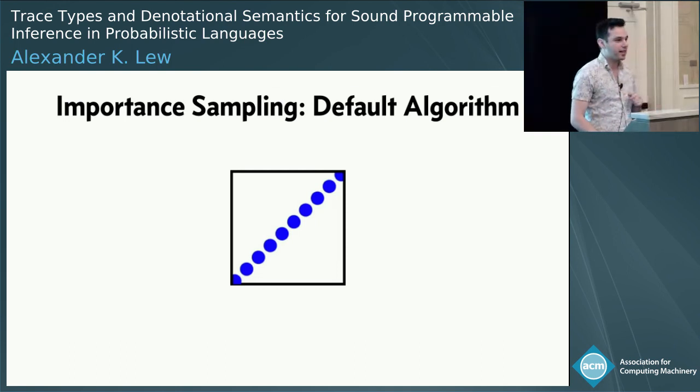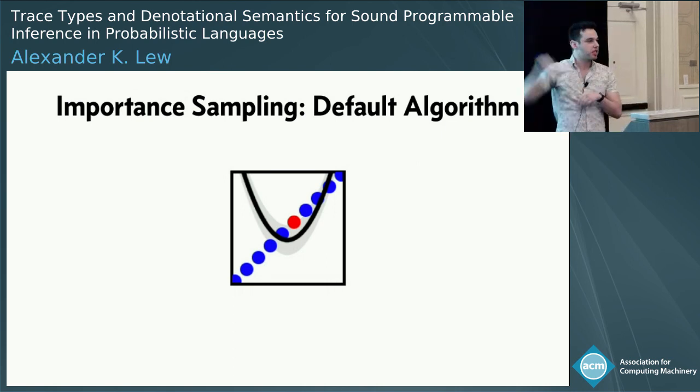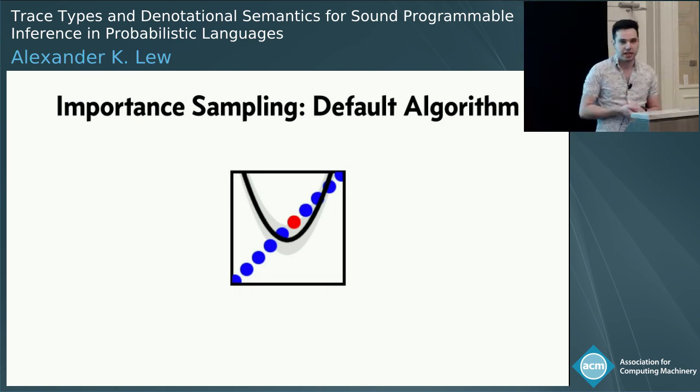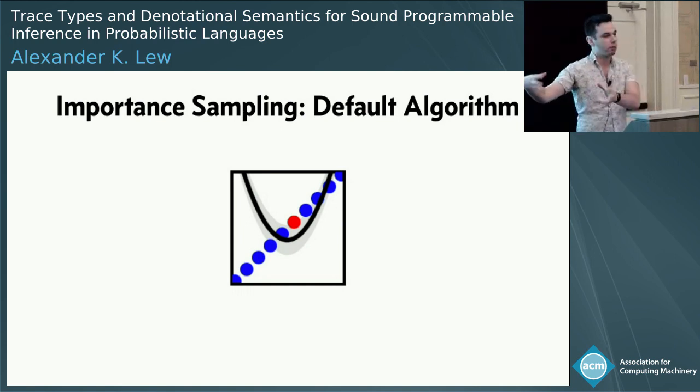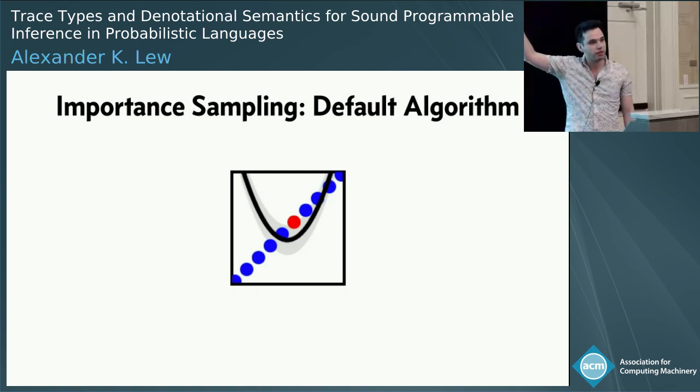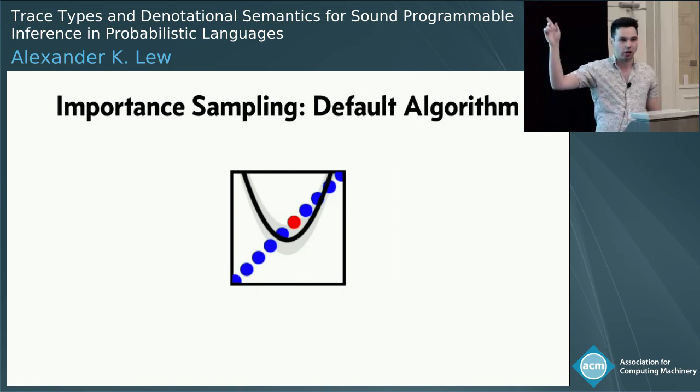Here's a really simple data set, and the algorithm proceeds by proposing an explanation for this data from a proposal distribution. So here I just proposed an explanation for the data. It's not a very good explanation. It wasn't actually based on the data at all. I just had some distribution, called a proposal distribution, from which I sampled an explanation, which in this case was a curve, a noise thing, an outlier classification. But it's not related to the data at all. So it's not clear how this is going to be useful to us.